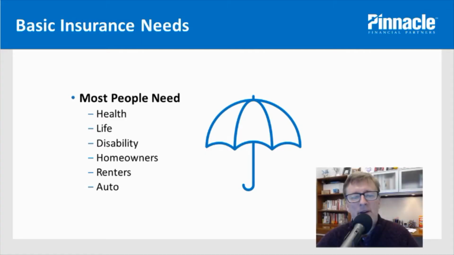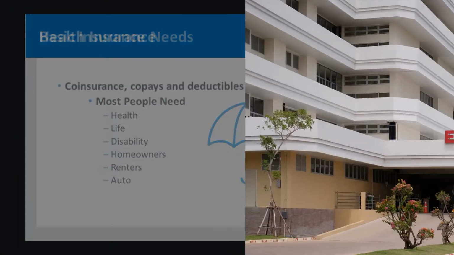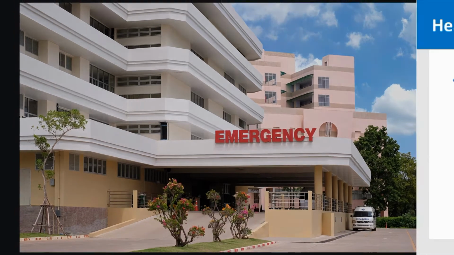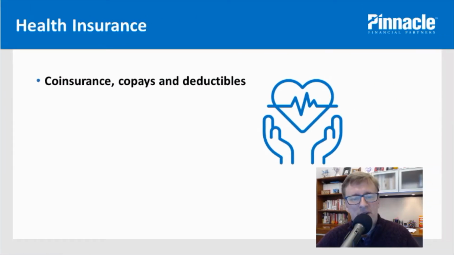We'll start by talking about different types of insurance that most everyone needs. These would include health, life, disability, homeowners, renters, and auto insurance. We'll start by looking at health insurance, and it's important to understand some basic terms when talking about this particular type of coverage. Coinsurance, for example, is where the insurance company pays for a certain percentage of medical costs and